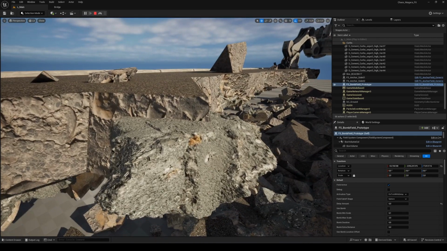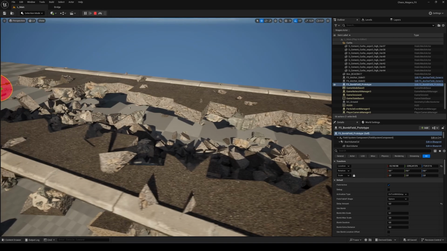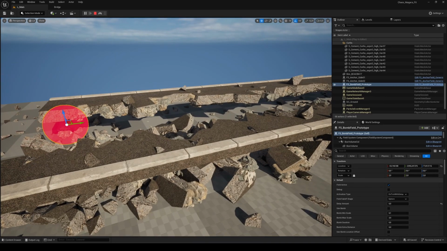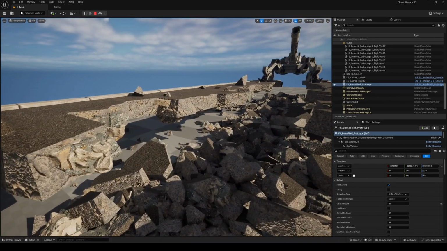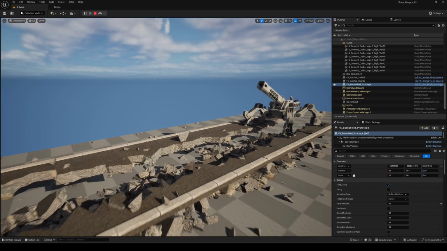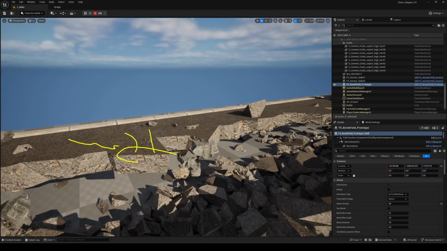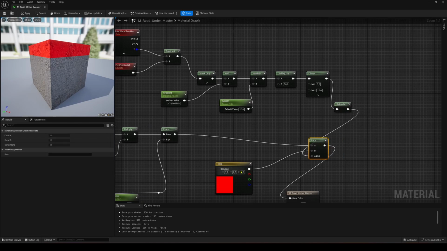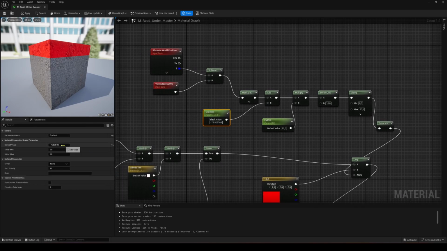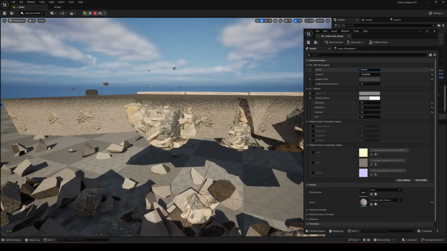I'm still not completely satisfied, so I thought we need to add more details to the materials. Specifically, I want to add cracks that I'll animate to appear during the explosion shots, along with a small color layer inside the road to add even more detail and randomness. By using a gradient based on world position offsets, I figured this could help reduce the harsh transition between the outer and inner material colors.